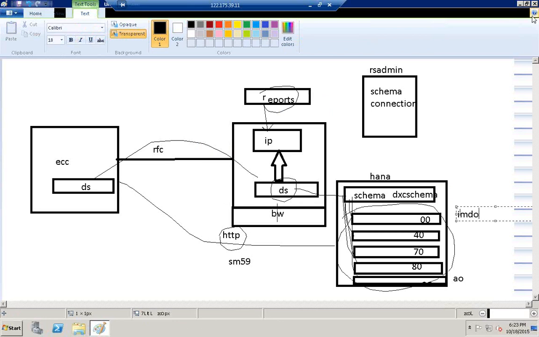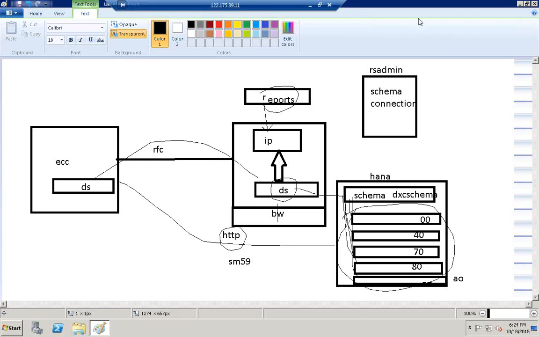This combination of tables is known as in-memory DSO. So once the in-memory DSO has been created,